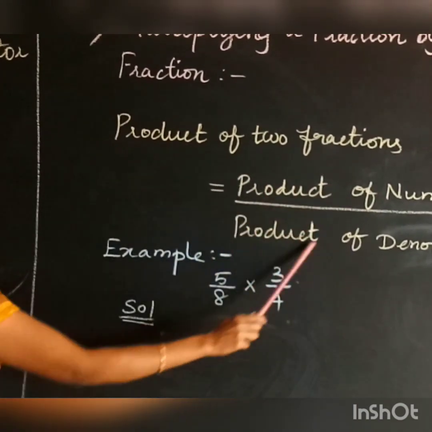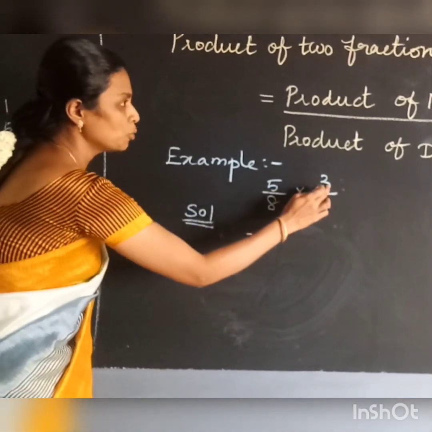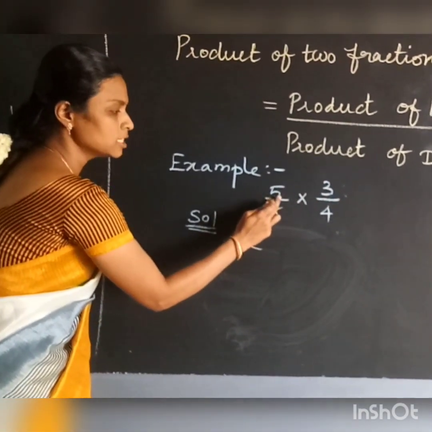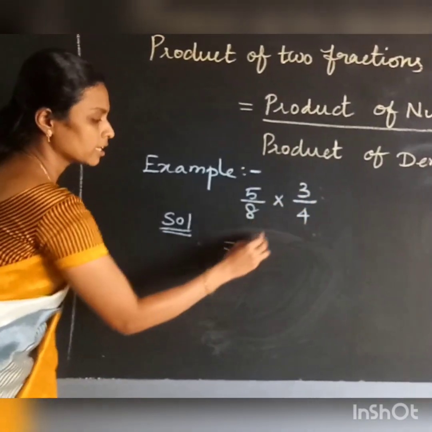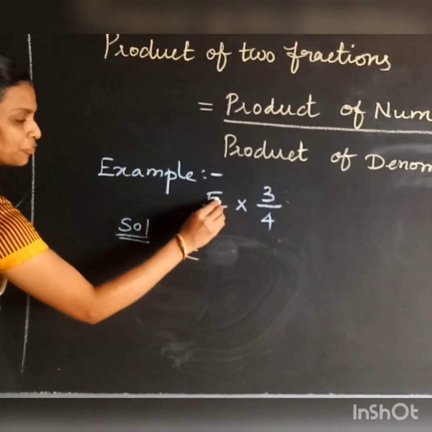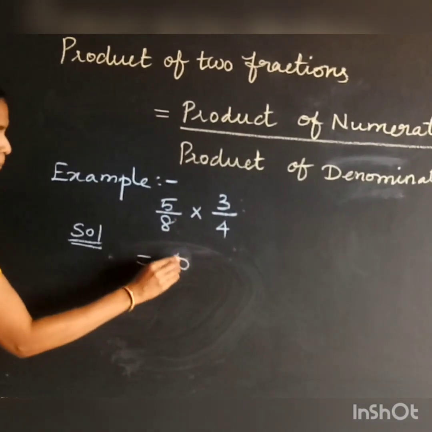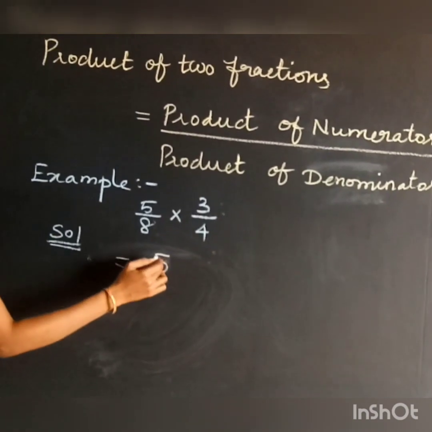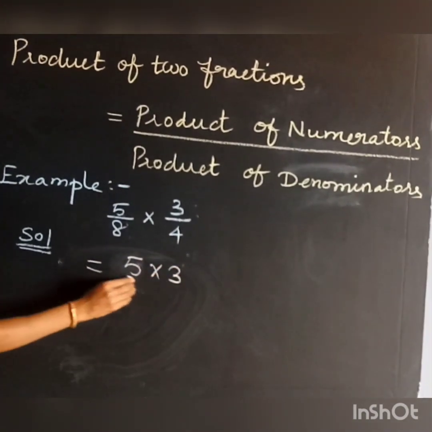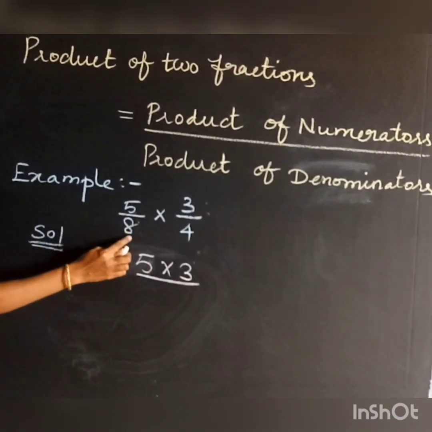We apply this formula: product of numerators, this fraction numerator is 5, this fraction numerator is 3. Product means multiplication, that is 5 into 3